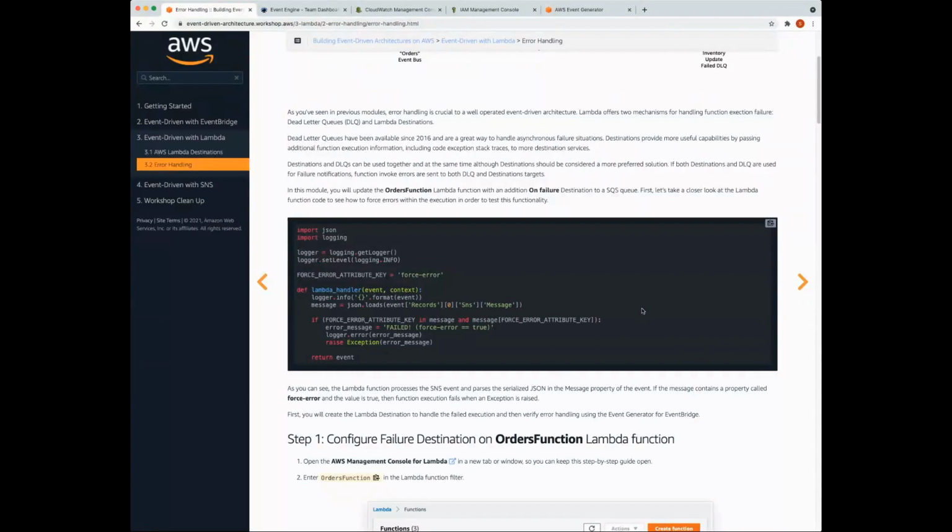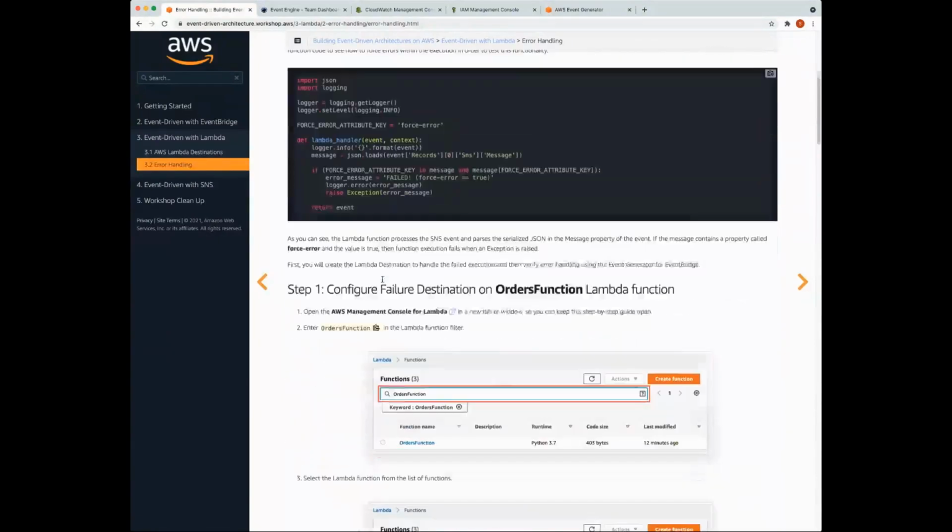There is a preferred way of handling failure, logging failure and collecting all of that data. And it is to do pretty much the same thing we just did, which is create a destination on that function. But in this case, we're going to collect the data on failure, right? And we can push that to an SQS queue and do further processing with that to figure out what went wrong, and how it can be resolved going forward.